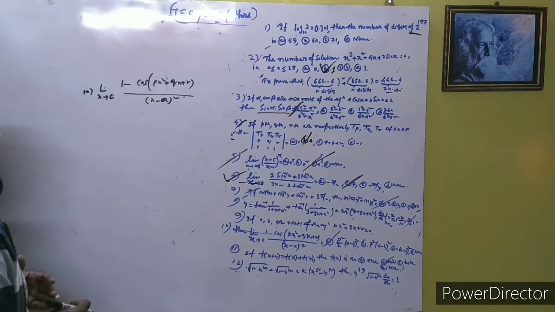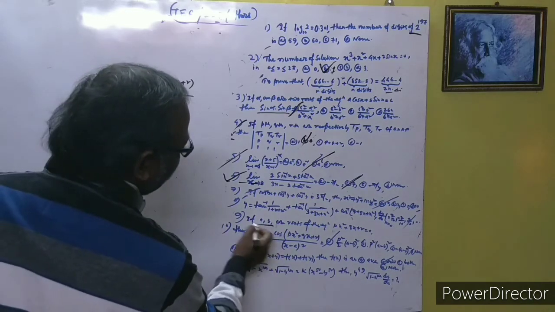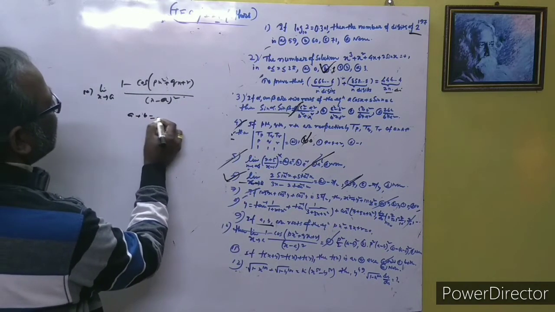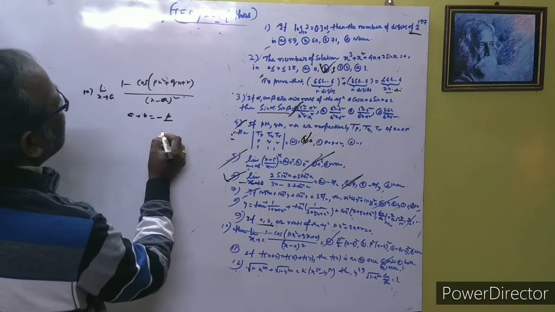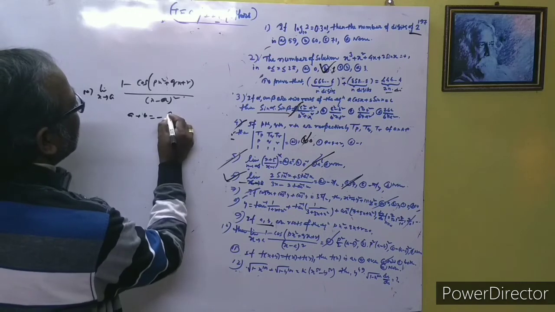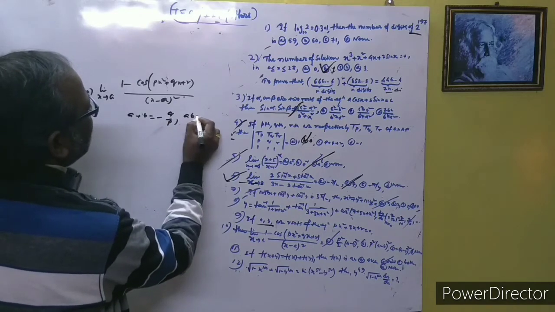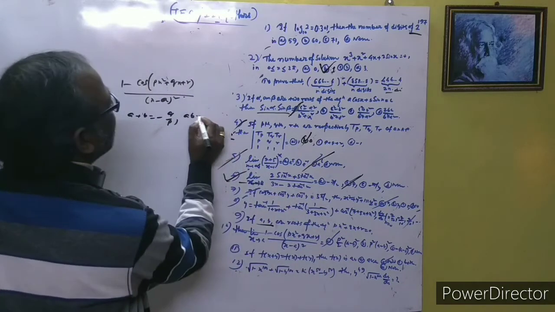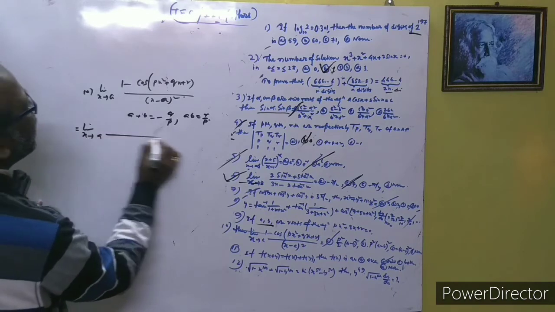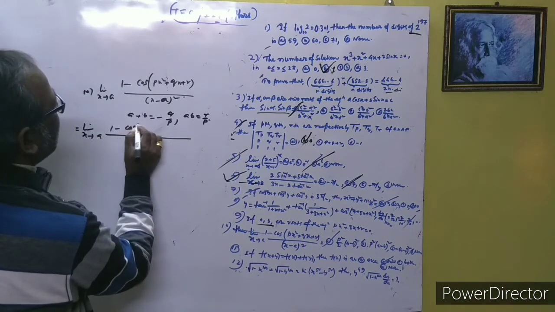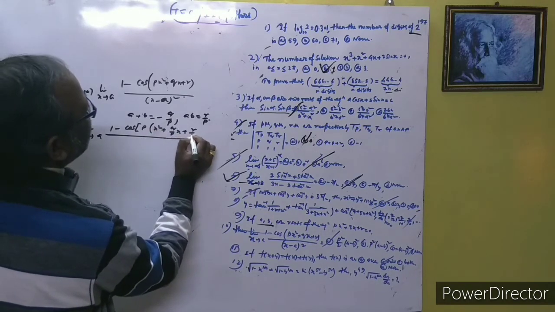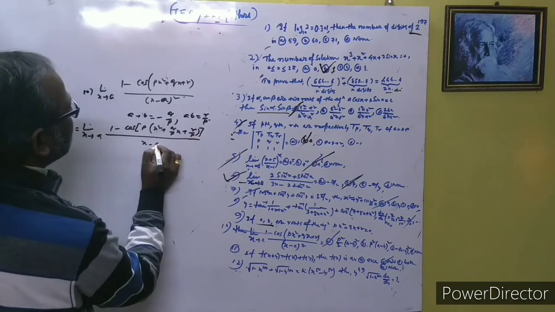Okay, now see how we can solve this. You have been given a and b as roots of this equation. So we can write a plus b is equal to minus q by p. This is the sum of the roots, minus b by a, that is q by p from the quadratic equation, and a into b is equal to r by p. Now 1 minus cos, and take p common here. So we get x square plus q by p into x plus r by p, over x minus a whole square.